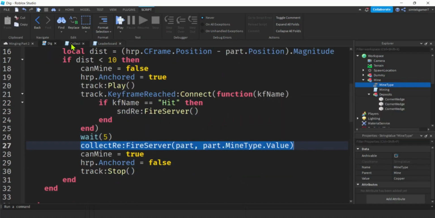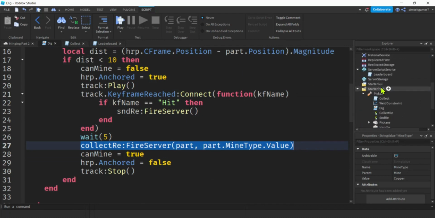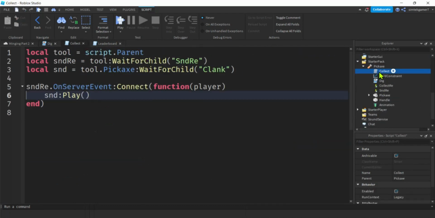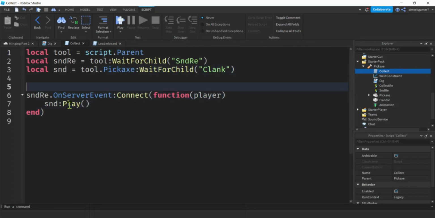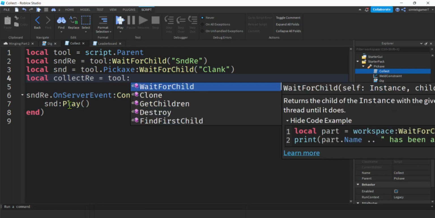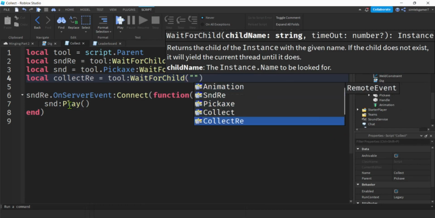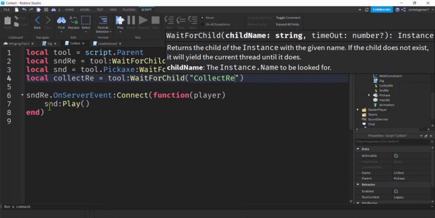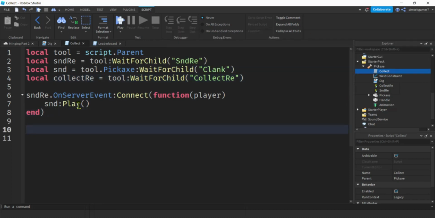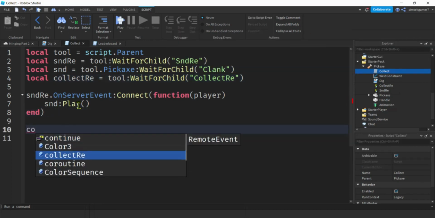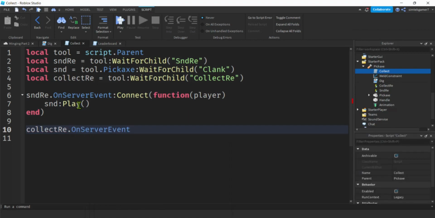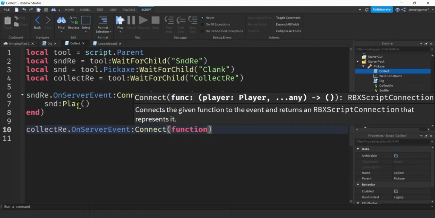We're going to go to our collect script, which is down here on our pickaxe, right here, collect. Right, and then we need a variable, local collectRE = tool:WaitForChild("collectRE"). All right, we'll capture that event when it's fired. collectRE.OnServerEvent:Connect(function